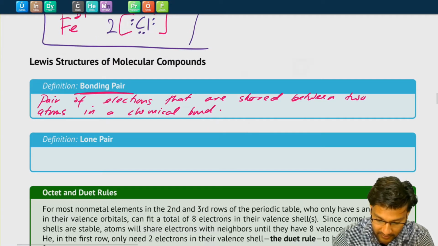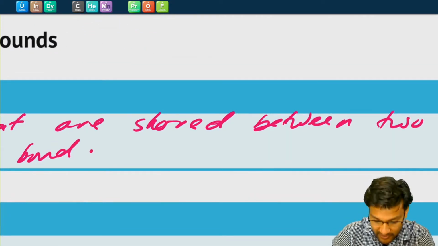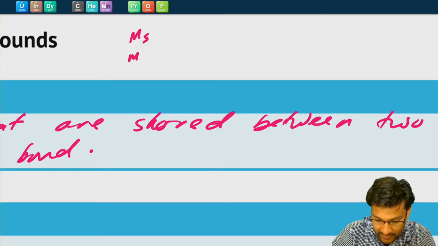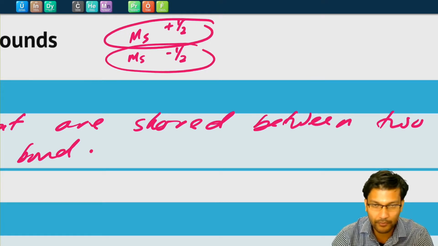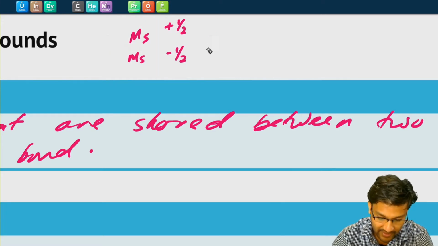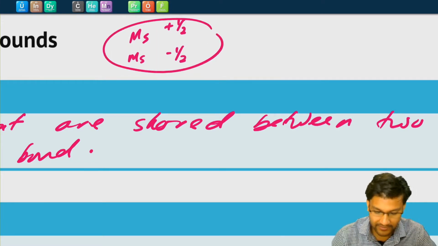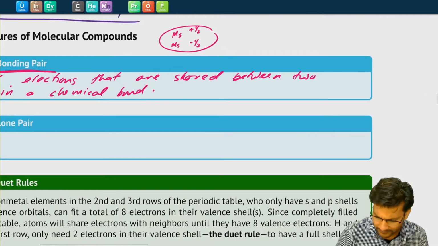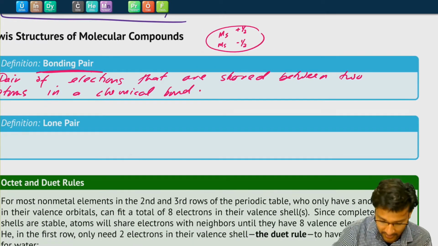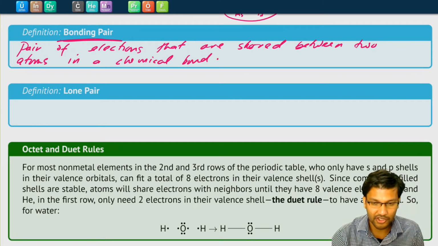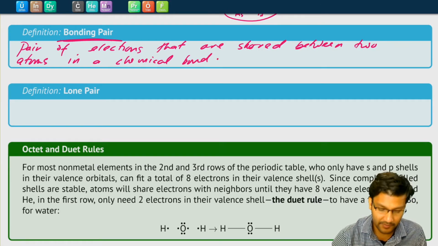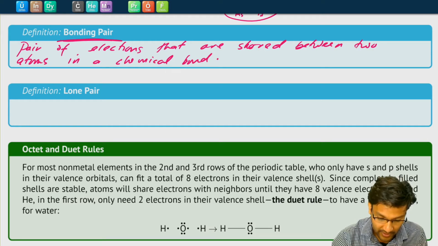We talked about the reason why electrons are paired in the first place is because they have different values for ms, either plus half or minus a half. And typically electrons like to be paired up with another electron of the opposite spin. So if one electron has a positive half ms value, the other one will have a negative ms value, just because that's what they like to do. And so whenever two electrons are shared between two different atoms, we'll call that a bonding pair, whereas a lone pair is just a pair of electrons